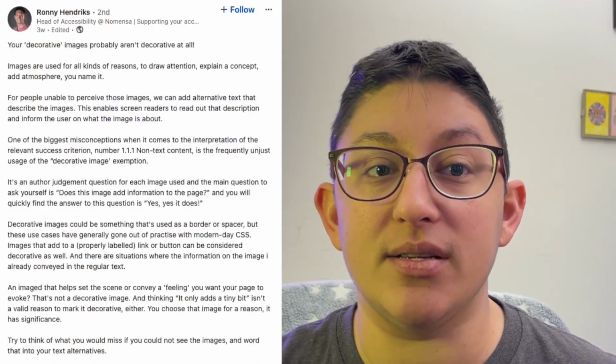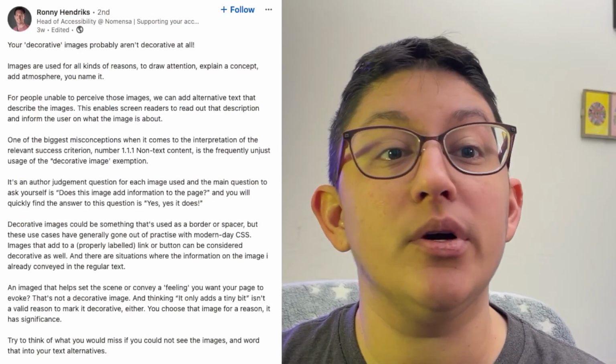What visual users might consider decorative is still contributing to the overall feel of the website. Screen reader users might still want the opportunity to understand the tone of the content and the website, and those additional elements contribute to that. There's a second LinkedIn post that actually goes into this idea of giving website visitors the opportunity to experience your entire website as a whole.